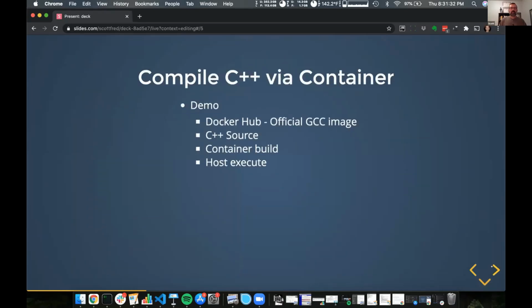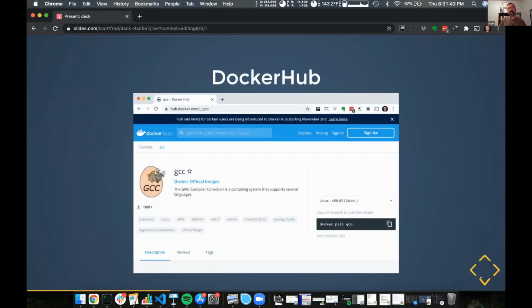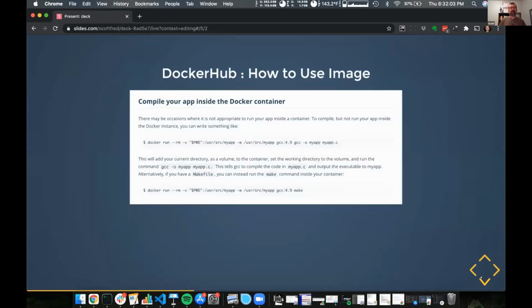So, okay, let's do a little demo real quick with a simple hello world. First of all, let me introduce Docker Hub. If you haven't heard of that, Docker Hub has several images that the community has shared. One of those, as an example, is a GCC image. So you don't have to have GCC installed on your bare metal machine. You don't have to have a specific instance installed. There are various images available that are different flavors of the